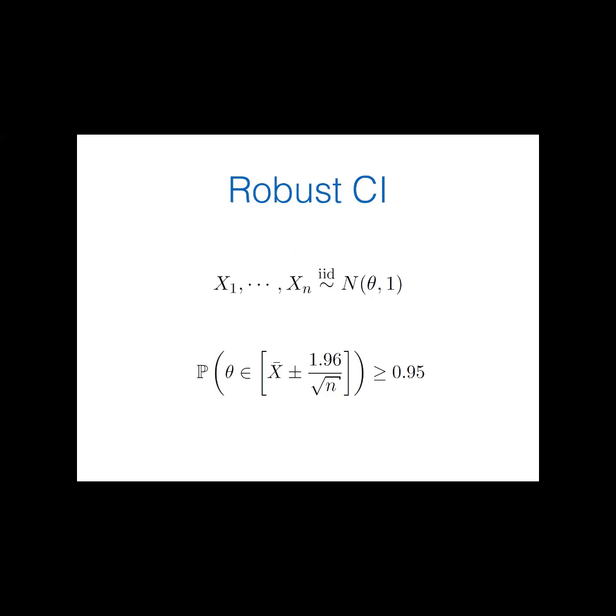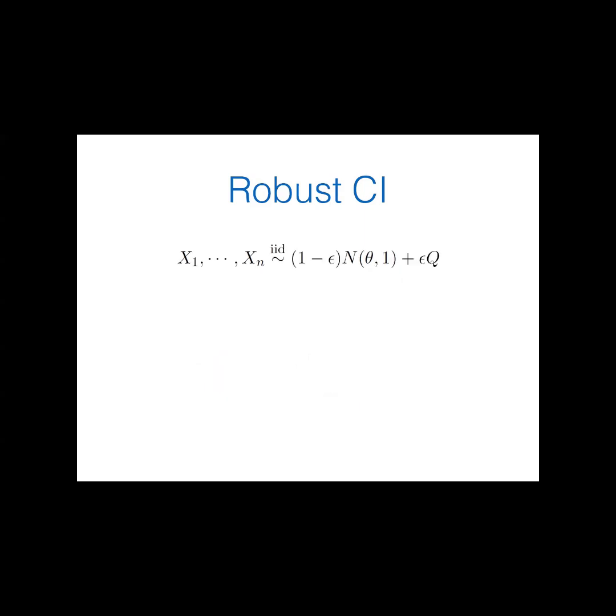In today's talk, what I'm going to do is to extend this classical result to a modern setting where the data may have outliers or contaminations. I'm going to consider the setting called Huber's epsilon contamination model. So instead of assuming data are generated from a single distribution, here there will be an epsilon fraction of outliers that are generated from this contamination distribution Q,